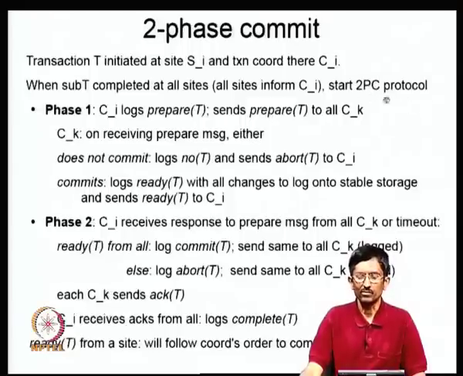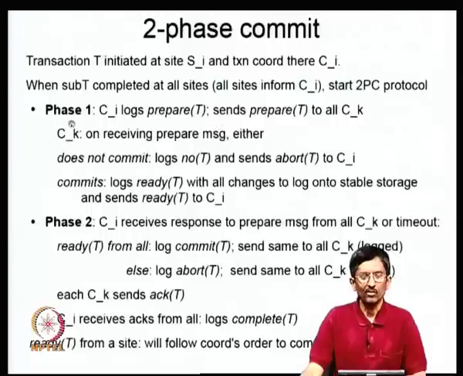Two-phase commit protocol. Okay. So our idea now is that we asked each site to do some piece of this transaction. Either all of the effects of this should be persistently taken into account, or none of them should be. Because if we are talking about the ACID property, it should be atomic. Either all of them do it or none of them do it. Okay. And so basically this protocol is all about that part.